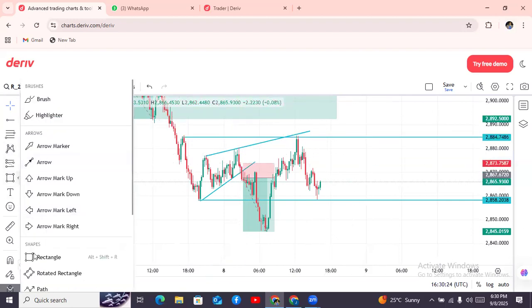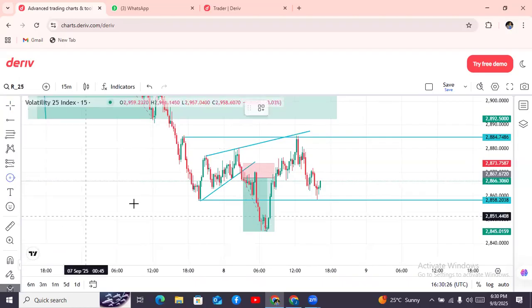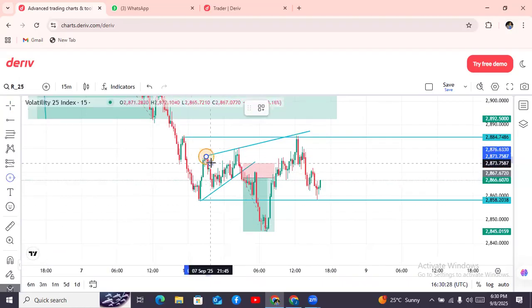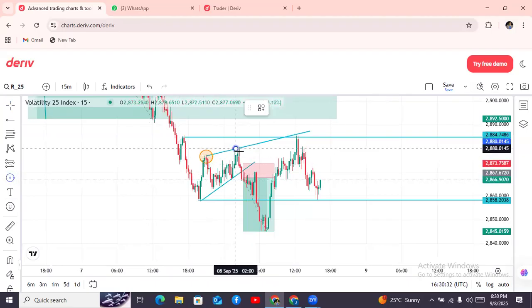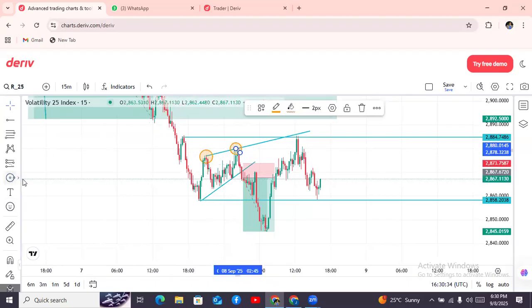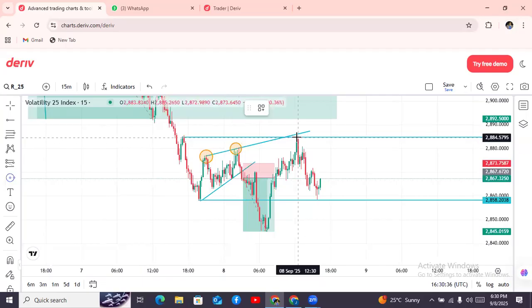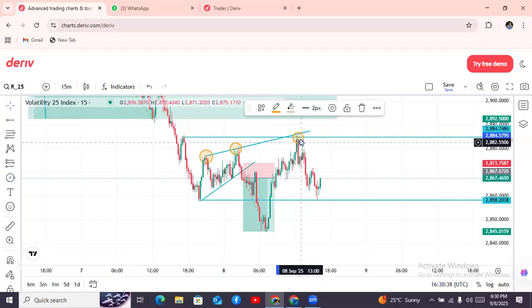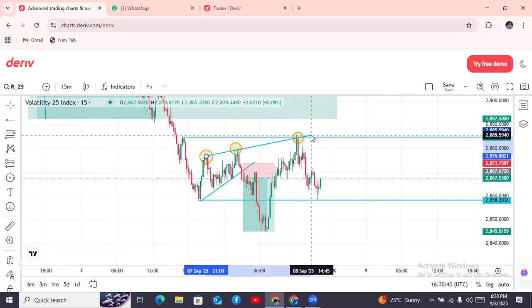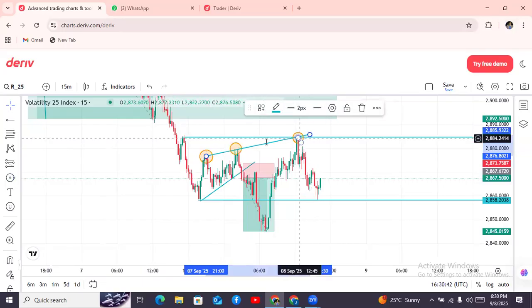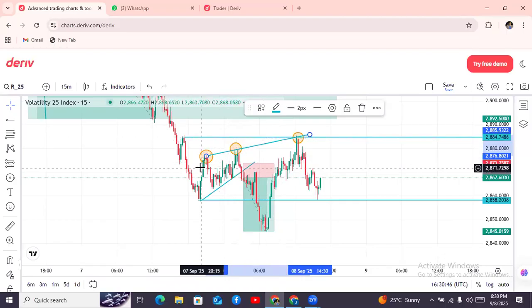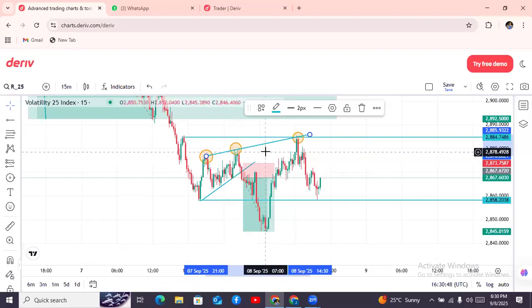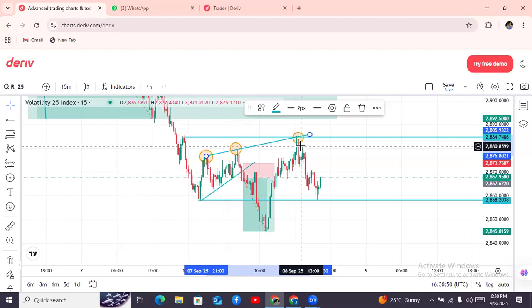And this is our golden pattern. First touch, second touch, and the third touch. This is our golden pattern. If we see something like this, we ought to take that trade, and we take it as aggressively as we can. Okay, so that is why